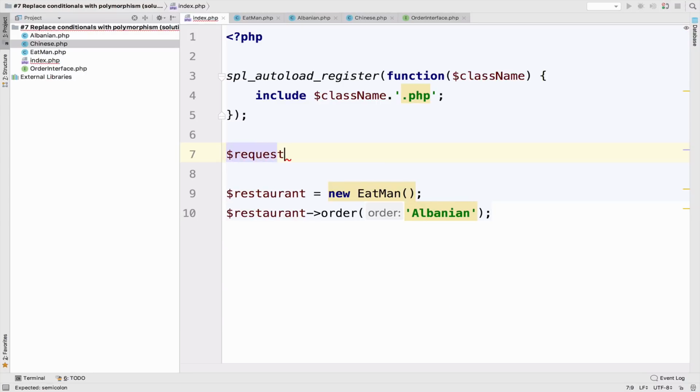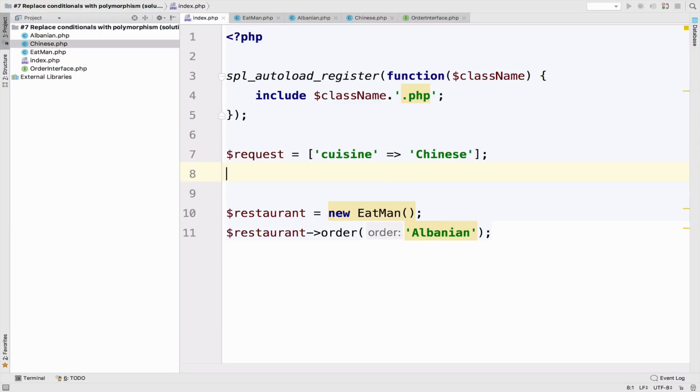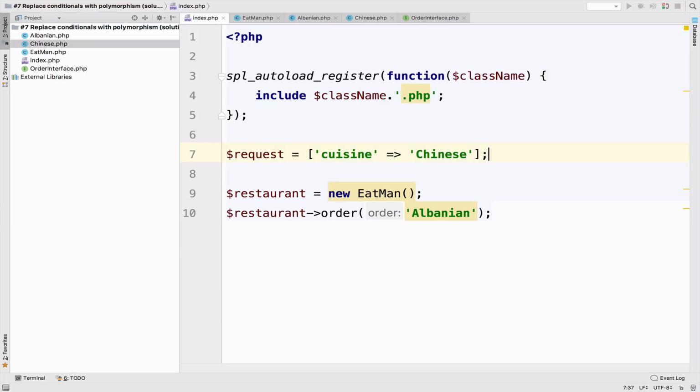So with Laravel you get a request, and the request, let's say that it has cuisine equals to the type of the cuisine that you want. Okay, let's say Chinese in this case. So this is the request that you get from a front-end application or from Laravel, like the Blade template engine or whatever. So you get this request, and now you go down here in order to create